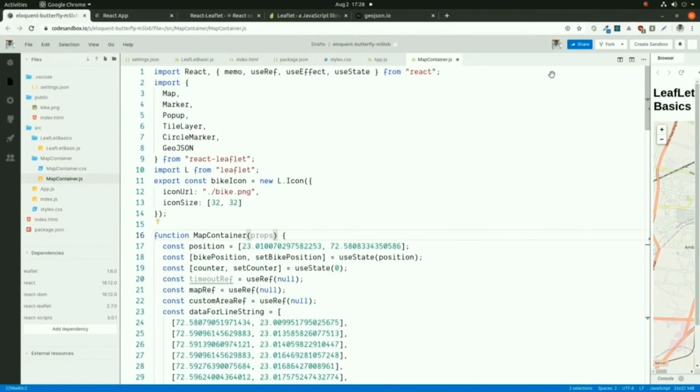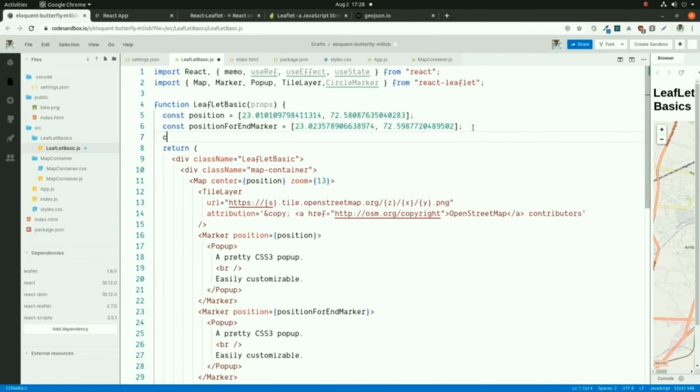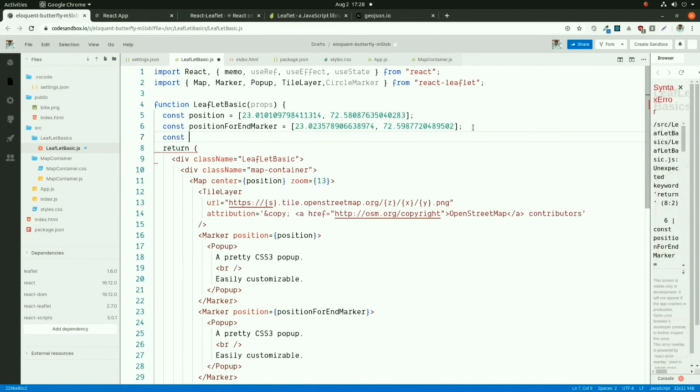Now for the circle marker, I will take the circle marker element. I will import that circle marker from the React leaflet. Now for that circle marker, I need the center position for that circle. So we are declaring one variable, circle marker positions.